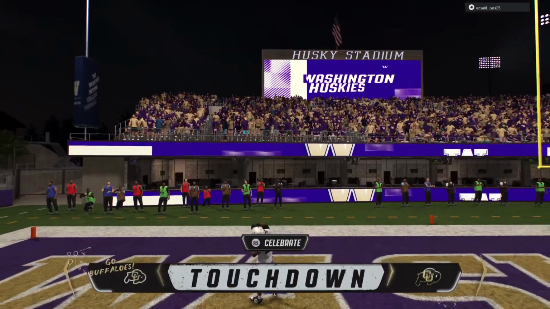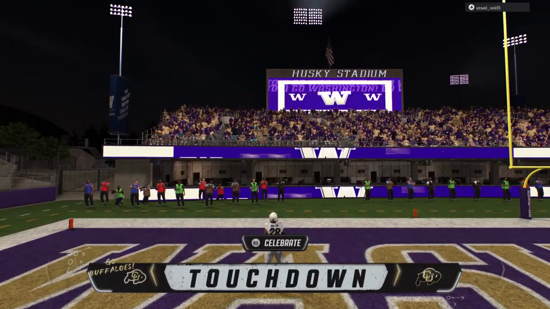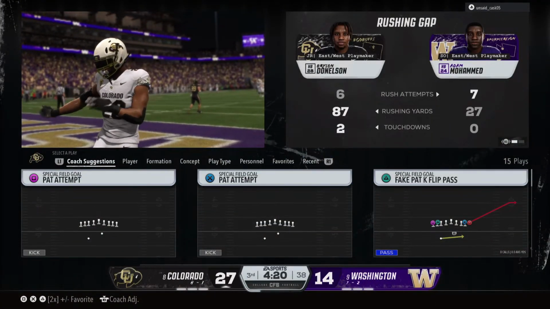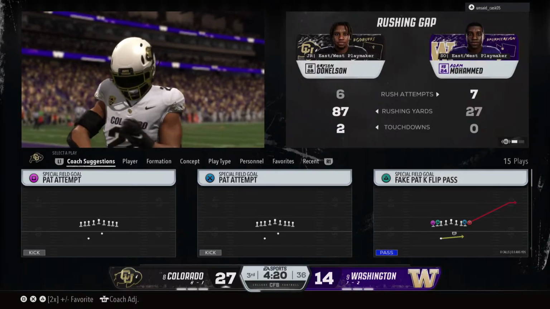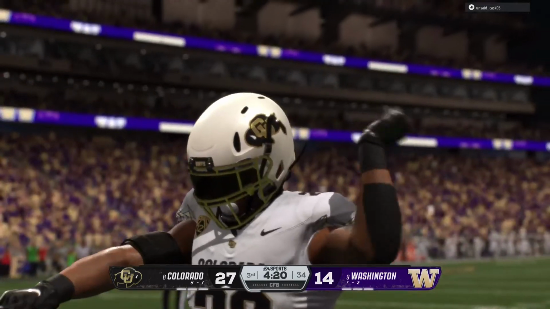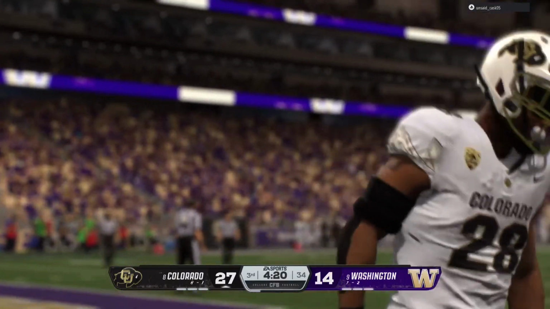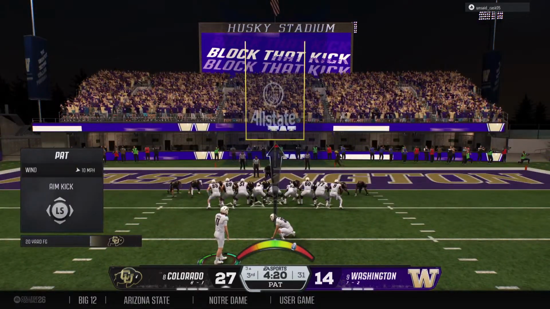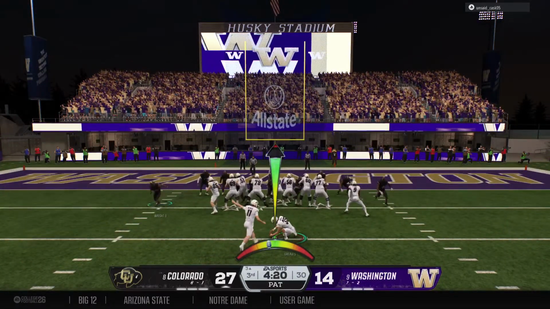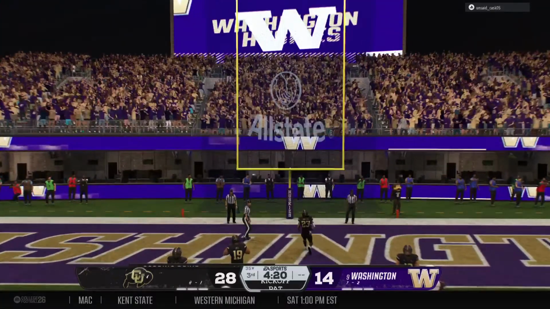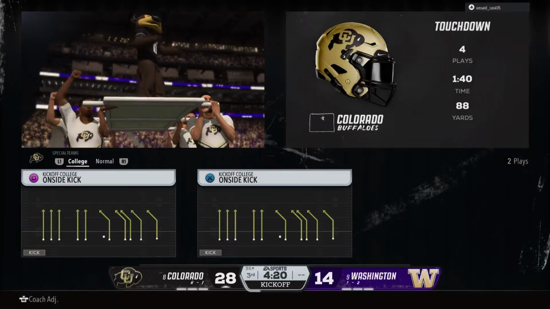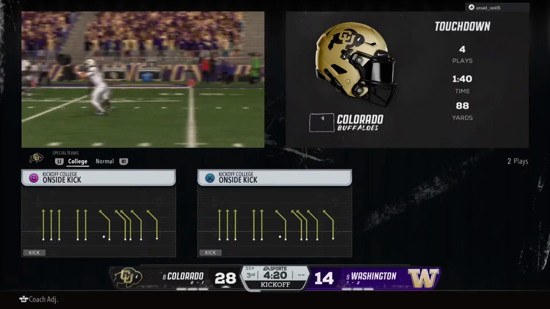Slippery slide, find his way and ran away from the crowd into the end zone. Touchdown, Colorado. Love the play call offensively. They knew the defense were crowding a lot of bodies close to the line of scrimmage, and once they were able to get into the second level, all they had to do was make one guy miss and get one good angle. And with the speed that ball carrier has, man, that thing was a sure shot touchdown. And the extra point was good as they finished the drive.